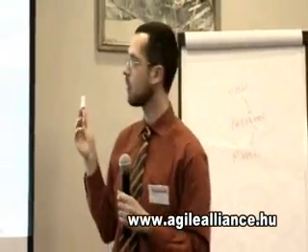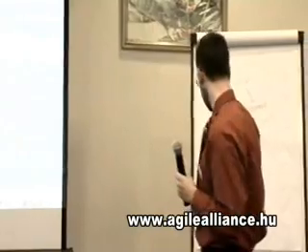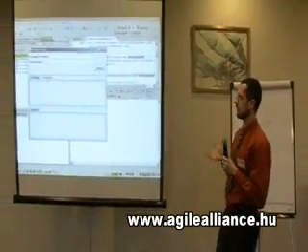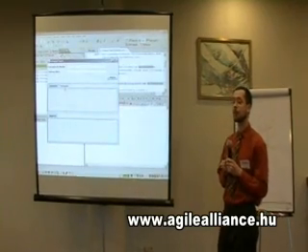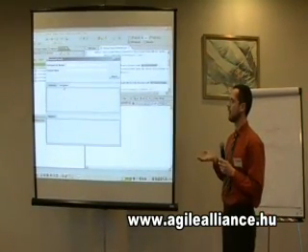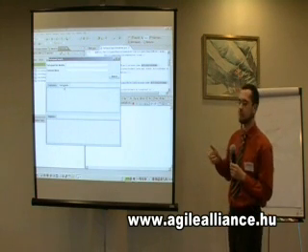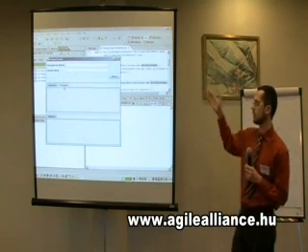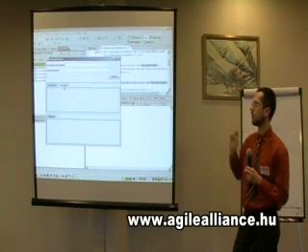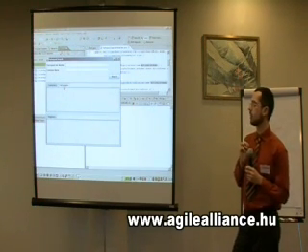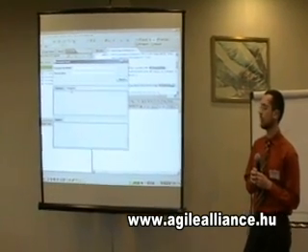Okay. So this is one form from our application, which allows you to search for a participant. So a participant has some registers and customers. You can search by entering a participant number. It's a unique number, so you always get one participant. Or you can search by customer name.